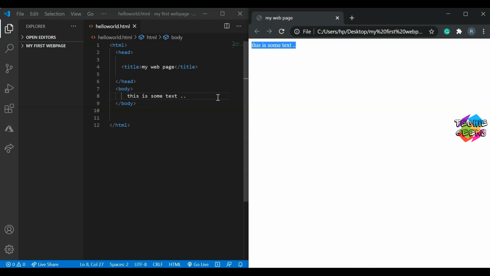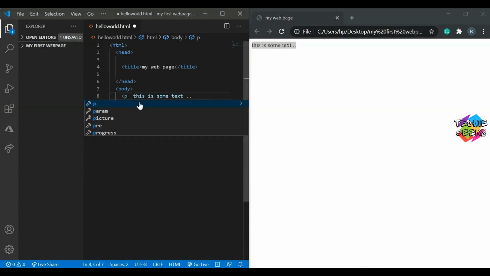Now if we surround this line with the paragraph tags, I hope you remember how to include them. For that we just have to put P for paragraph inside the angle brackets, and I will just copy this line and place it inside the paragraph tags.